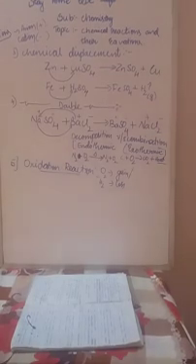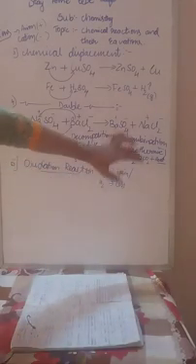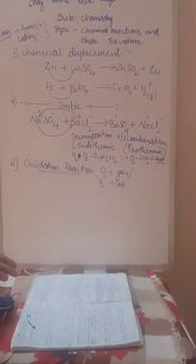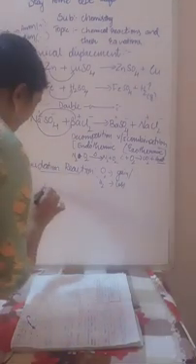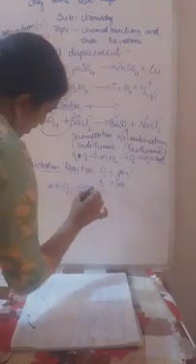reaction. Keep in mind, the reaction in which gain of oxygen or loss of hydrogen, any one can happen. Gain of oxygen or loss of hydrogen takes place, that is called the oxidation reaction, shortly known as oxidation. Keep in mind. Let us take an example for this: Cu plus O2,